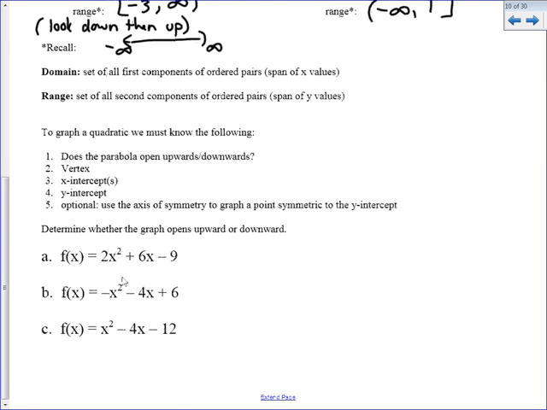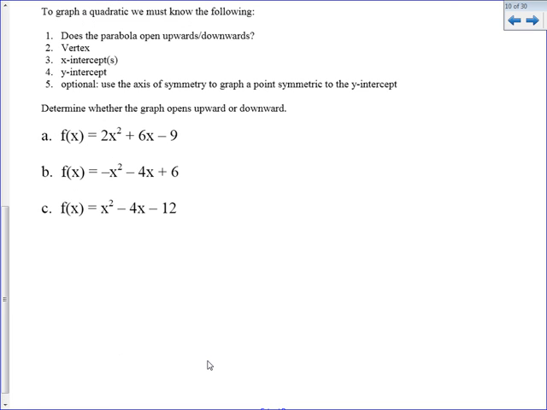So this is a little laundry list of the things that you need in order to graph quadratics. We're not actually graphing today. We're focusing solely on number 2, the vertex, and then we'll learn how to find intercepts on Wednesday. But the first thing that's good to know is what your graph is going to look like. Because when you find a bunch of points, if you know what shape they should connect to and they don't,